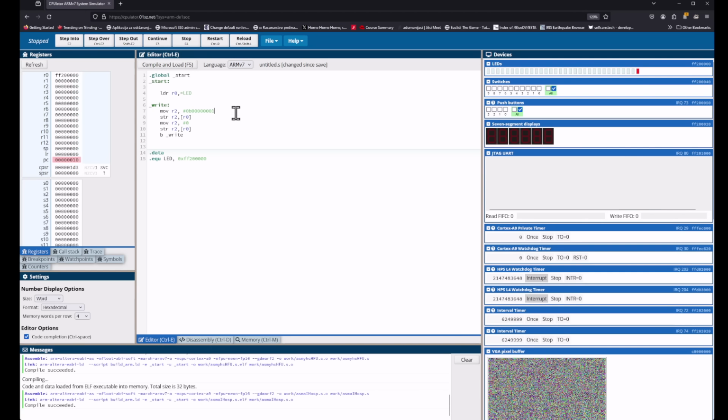The way I'm going to introduce a delay is I'm going to just count to some number, and then once I get to this number, I'm going to be getting out of this. So let's introduce a delay. This delay is going to be called delay. And let's say that I want to do it this way. Before I do a write, after I do the write, I'm not going to be storing, I'm going to be moving the value. Let's say move, I'm going to be using some register, let's say R5, and I'm going to be putting 0 into it. Then in my delay function, I'm going to be comparing it to a large number. Let's say I'm going to compare R5 to